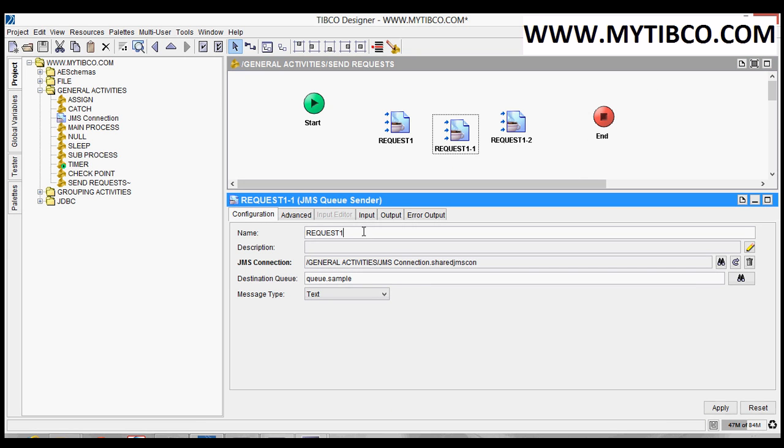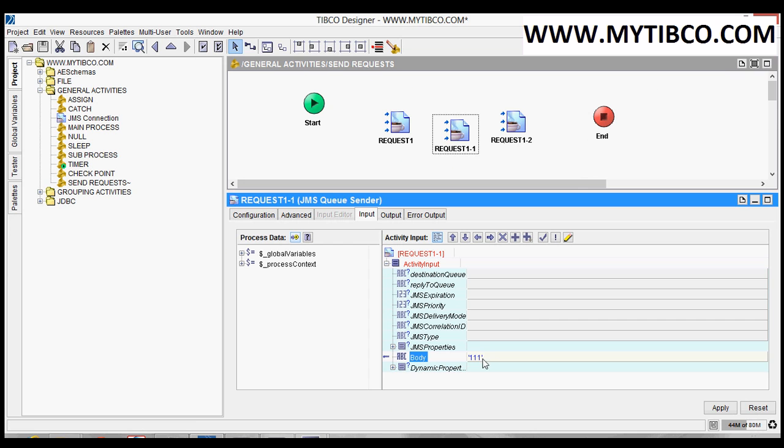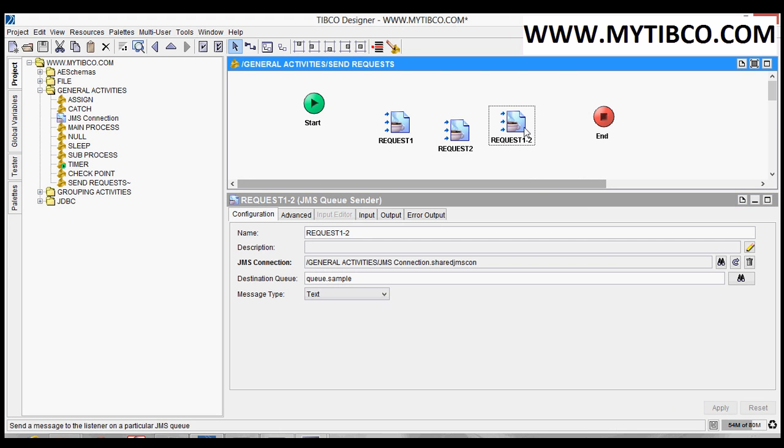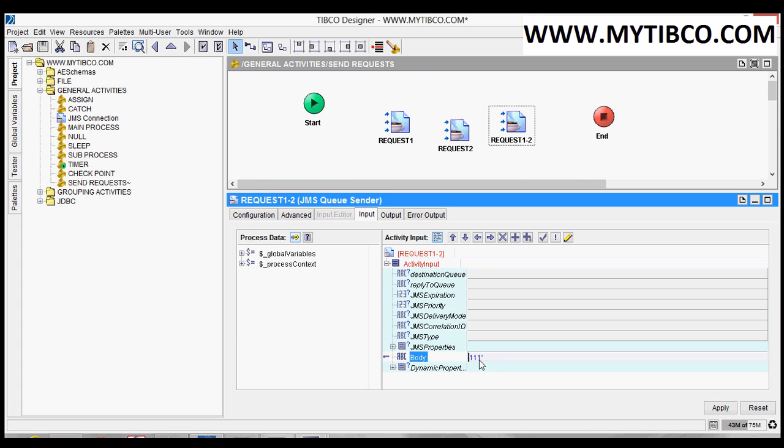This is request 2, go to input, I am giving body as 222, click on apply. This is request 3, go to input, I am giving 333, click on apply.